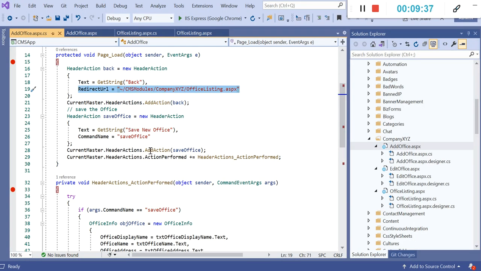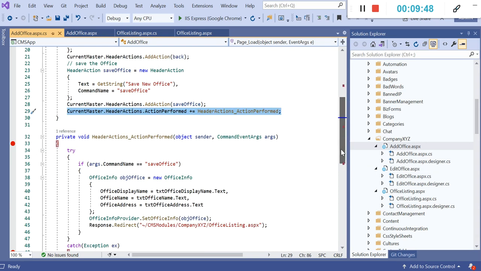So let's switch to this. For this, we need to add a command here, which is header actions.action performed. I have created this, and the command name is save office.